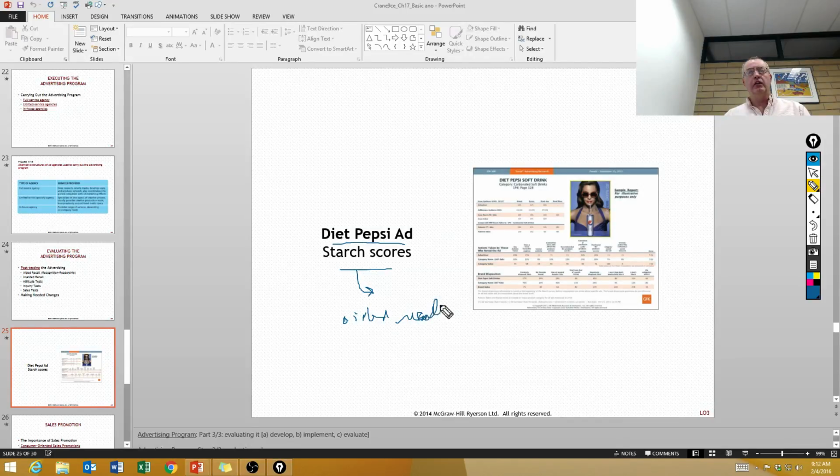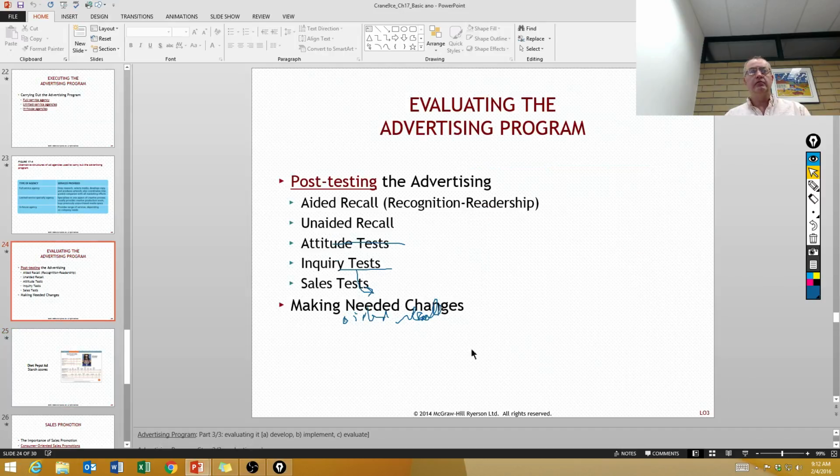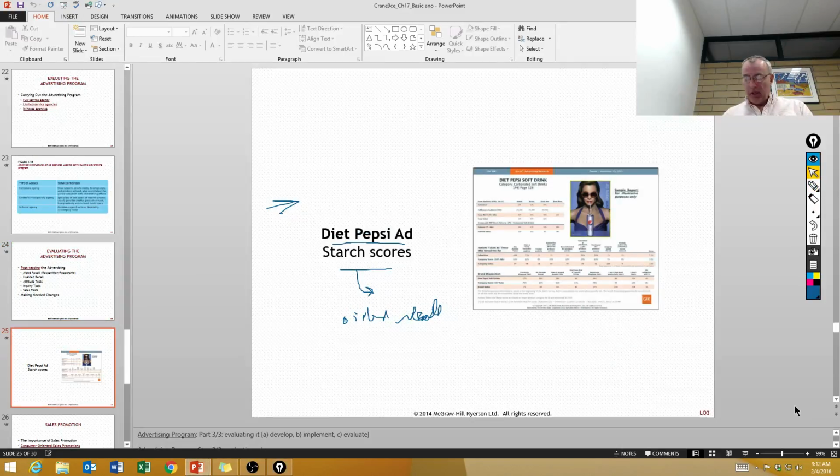It's a form of ad assessment based on aided recall. And why is it called the starch test? It's because it's named after a guy by the name of Starch. I think his name was David. He was an American psychologist and a market researcher a long time ago. Anyways,